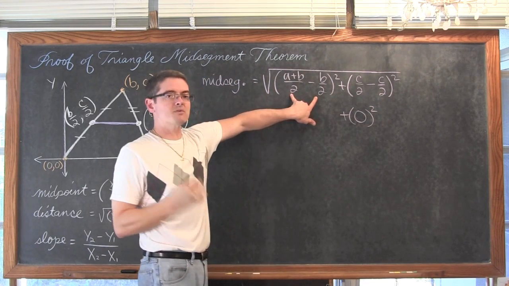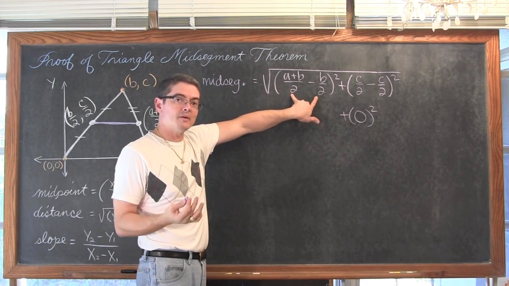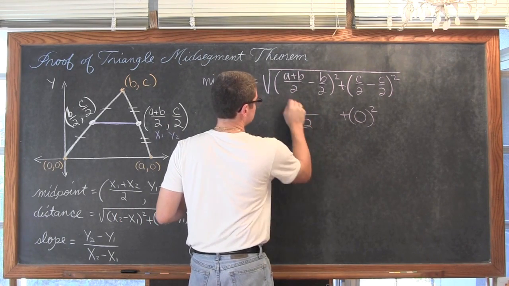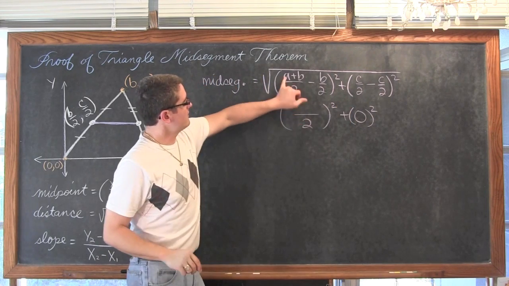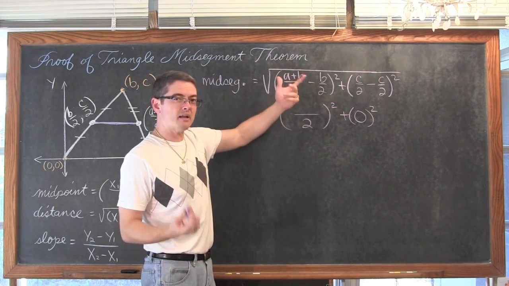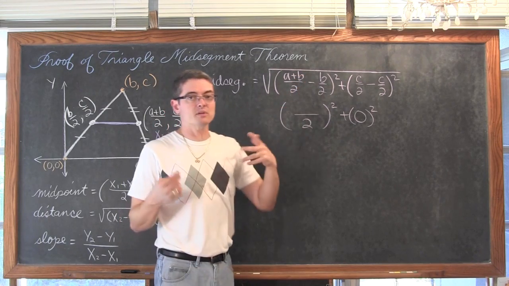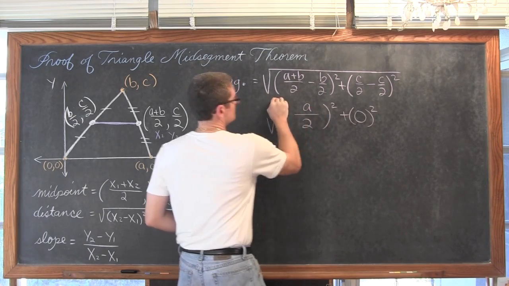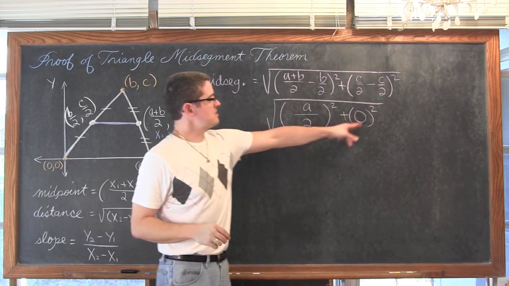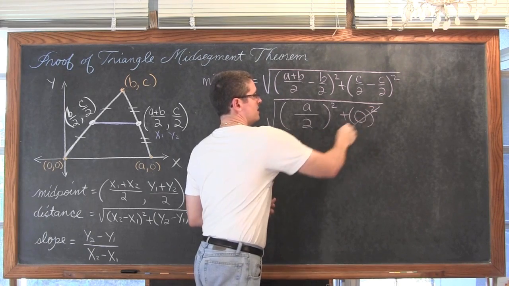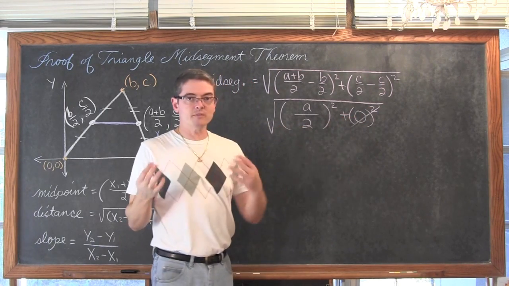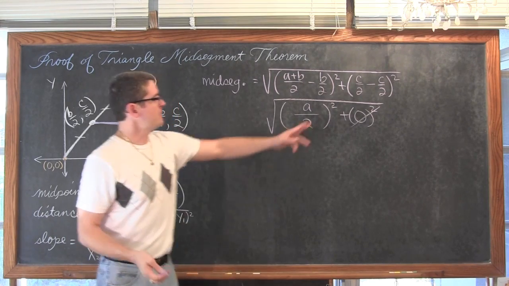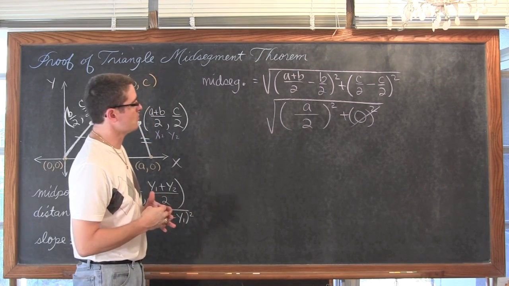And what's happening here? Well, we're subtracting two terms with common denominators. So again, I don't need to worry about subtracting those or adding them. It's going to be over 2. And we have a plus b minus b. Well, again, kind of like we had in the previous screen, b minus b is equal to 0. So they just cancel out, leaving us with a. And our big square root. Okay, so 0 squared is 0. So this is going to cancel away, because when you add 0, well, let's see, 5 plus 0, that's still 5. 10 plus 0, that's still 10. So when you add 0, nothing changes, so there's no reason to continue writing that.